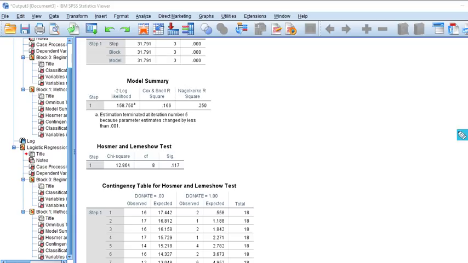Okay, we also have the Hosmer-Lemeshow test, and this is a chi-square test as well, and there's our p-value for it. Now, unlike the chi-square test that we have up here, in this case, we're sort of seeking significance in order to reject a null hypothesis, the null being that the models are fitting equally well. So if we reject the null hypothesis, then what we're saying is that our full model is fitting better, or significantly better, than the null model. If it's not significant, then we're essentially going to conclude that our full model does not represent a significant improvement